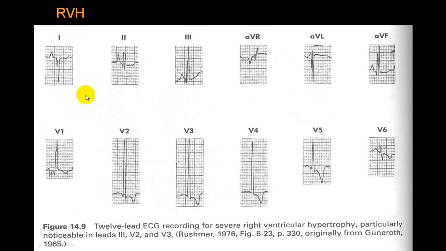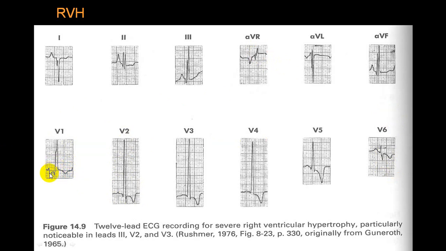And this is a diagram or ECG which shows you. You can see in V1 only, this is almost 17 small squares, straightforward in favor of RVH. And you will see a small S wave in V5, V6. So this is RVH. And even in AVR, you will get an R wave on top. You can see a tall R wave in V1, V2. And there is secondary ST segment changes.